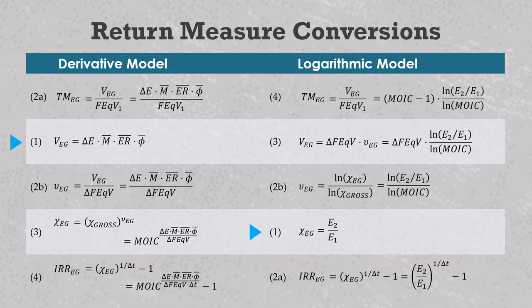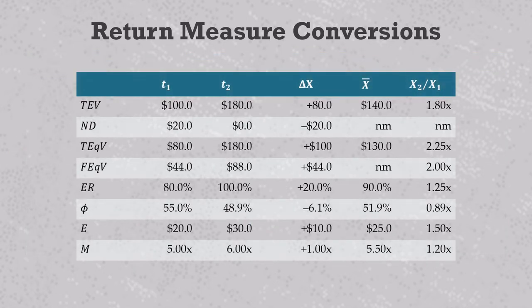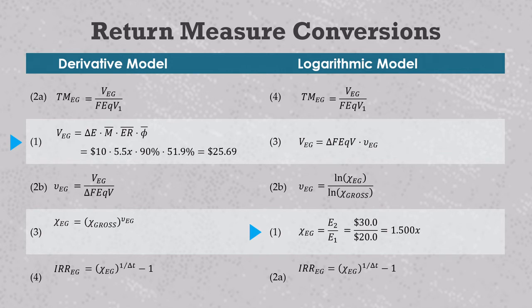Okay, let's work these out using the same company that we discussed in the last 2 videos. Enterprise valuation grows from 100 to 180, net debt is paid down from 20 to 0, EBITDA grows from 20 to 30. The table provides all of the deltas and averages that we need for the derivative model, and all the equity return multipliers that we need for the logarithmic model. For EBITDA growth, we start with a derivative model absolute value creation number of 25.69 million and a logarithmic model equity return multiplier of